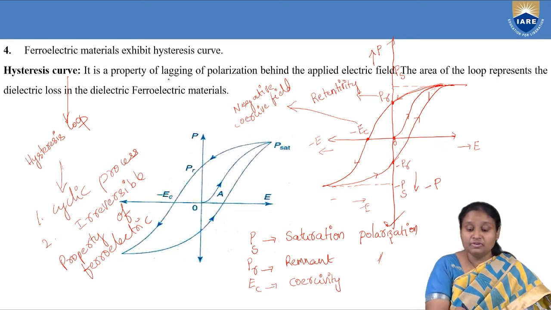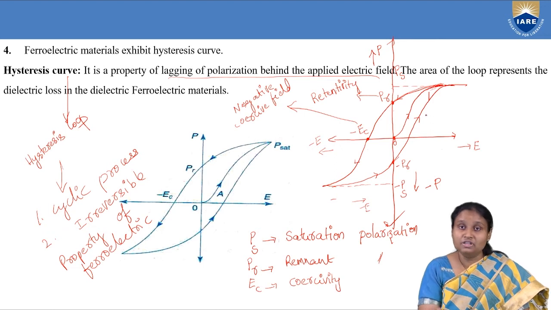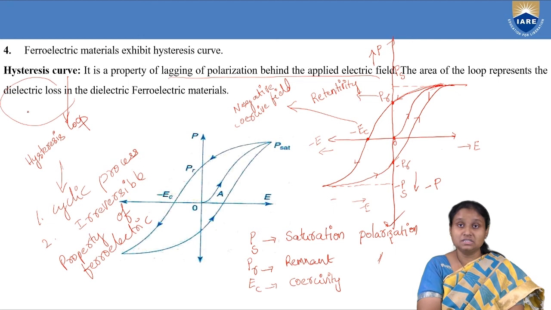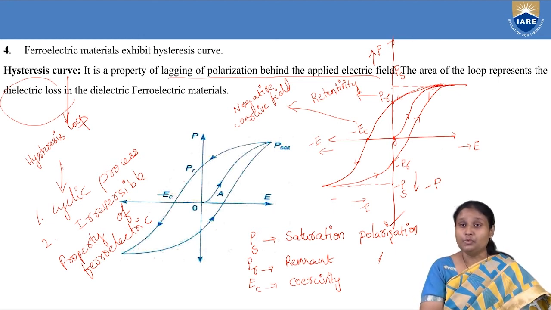And one more thing we have to understand here is that polarization is simply following the electric field. So that's why we say there is lagging of polarization behind the applied electric field. And whatever curve or loop we are getting, the area of that loop is called the dielectric loss associated with ferroelectric materials. So this is about a very important feature exhibited by ferroelectric material, which is nothing but the hysteresis curve